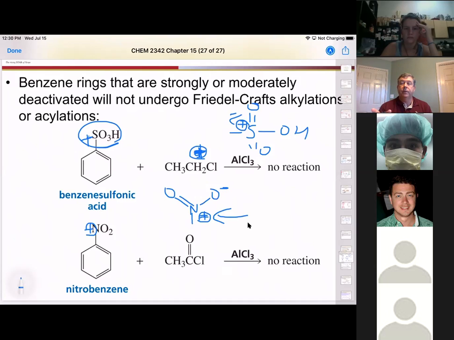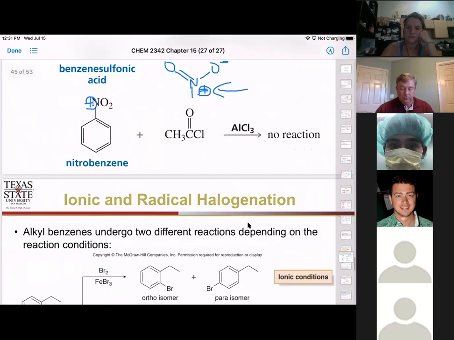And the answer to the question in the chat is yes. It is basically pulling electron density away from the aromatic ring, so those electrons are less likely to need to reach out and grab something else. So there's less of that electron pillow above and below the plane to reach out. Okay,